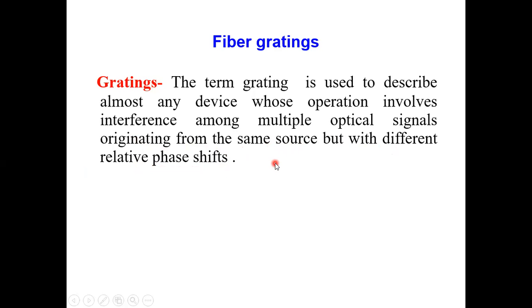So in the first definition, we were talking in terms of wavelength. From a single light source, I'm dividing the light into its different constituent wavelengths. Here, what we are trying to say is, I have the light from a single source and I will create interference so that it produces multiple signals, but then there can be a relative phase shift between those signals. So it looks as if they are all different signals. So how will we do this? We will see all those methods.